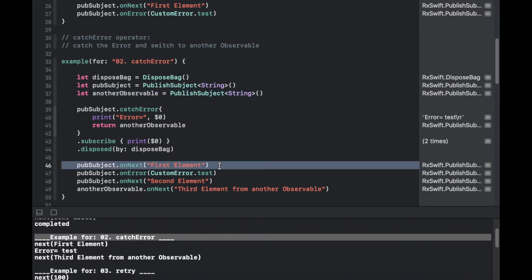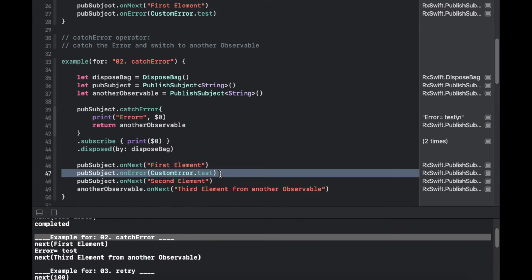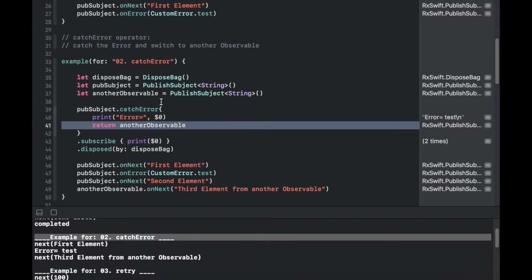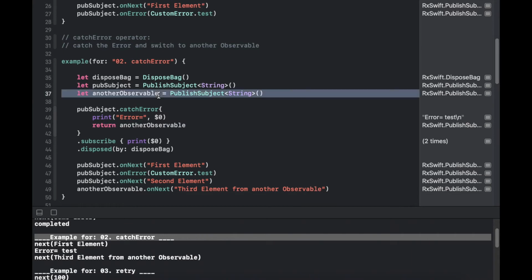First we emit our first element, after that we emit the error element, and again we emit a second element on the same PublishSubject. But since we are using the catchError operator, what was expected is that whenever the error occurs, that PublishSubject would be terminated. After that, inside the block of the catchError operator, we return another observable that was declared on line number 37.